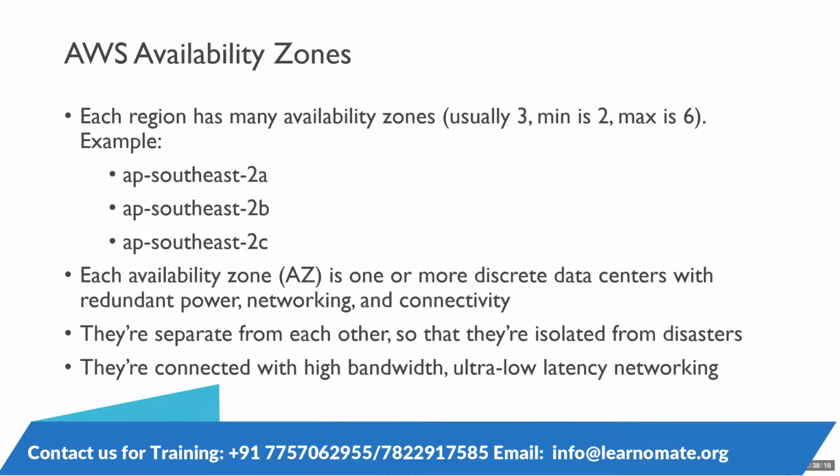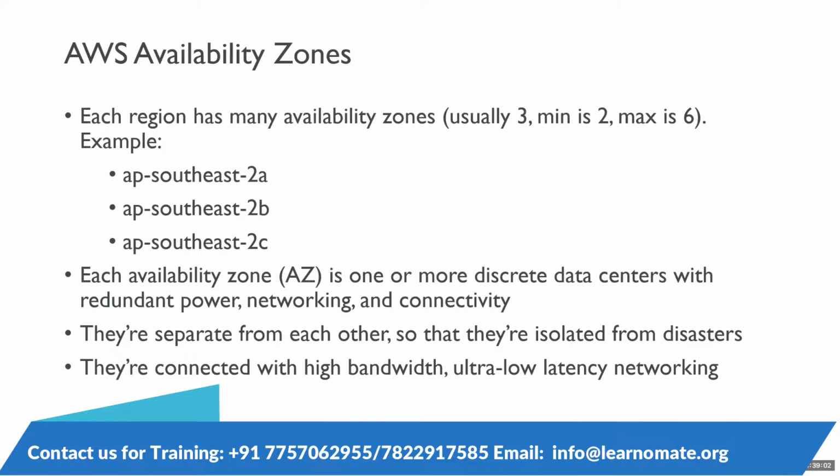So why do we need multiple availability zones? Why can't we have only one? Because of disaster recovery. Exactly, one of the main use cases is disaster recovery. All these availability zones are not nearby. If I select a specific place, Mumbai, it will not all be in Mumbai itself. It will be distributed among the nearby areas, at least 100 to 200 kilometers apart. So all the availability zones will not be impacted at one place unless it is a very big disaster, or something happens to the whole state.